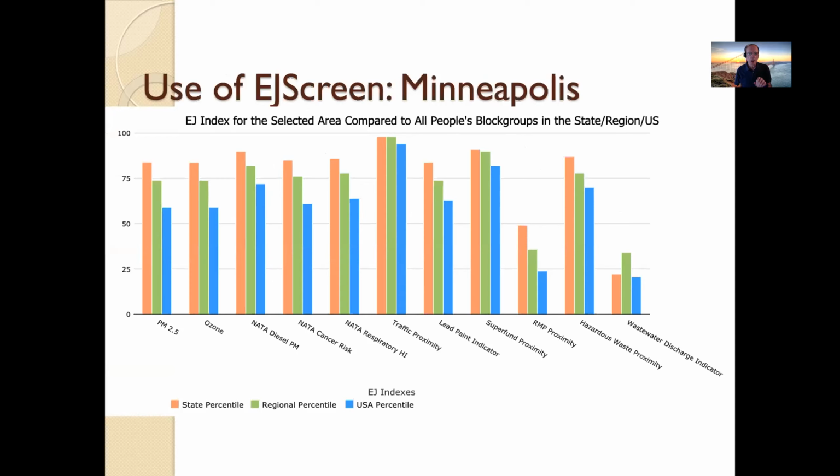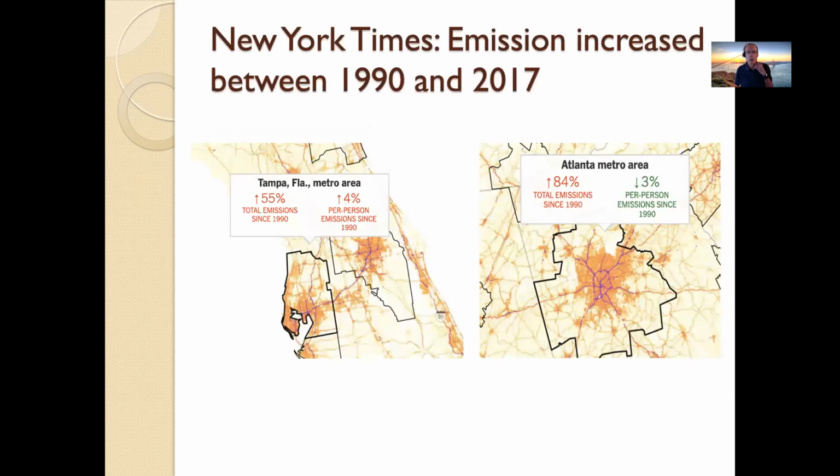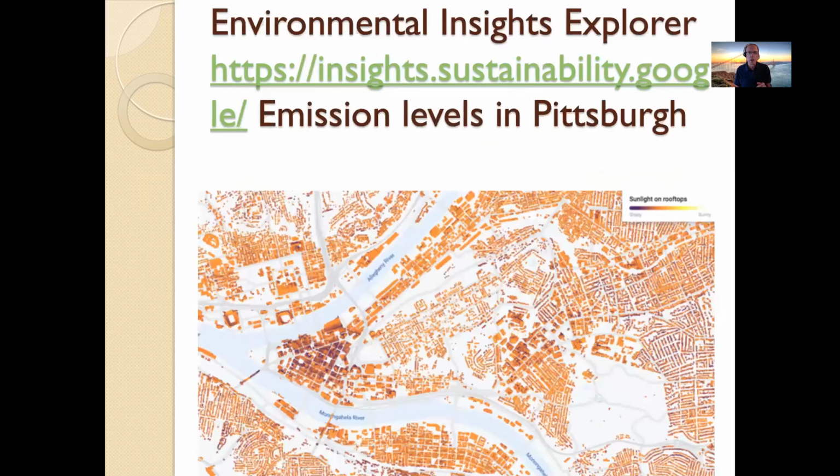places in terms of pollution, in terms of water waste and hazardous waste. So for example, we have Tampa, Florida, which is home for a number of presenters. They have found, if you look at the mapping of Tampa, Florida, since 1990, a 55% increase in emissions. And that's per person of 4%. Atlanta, similar emissions. So this mapping can be a really useful tool for thinking about shifts in the increased amount of emissions having to do with traffic, more pollution, and so on.